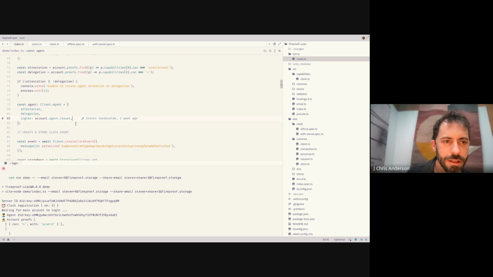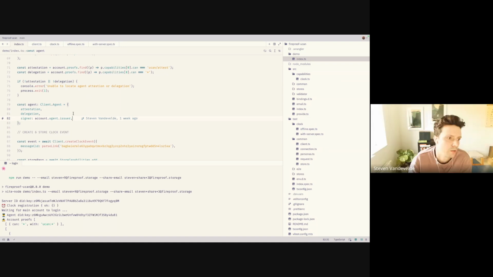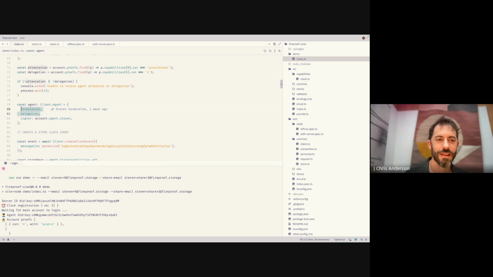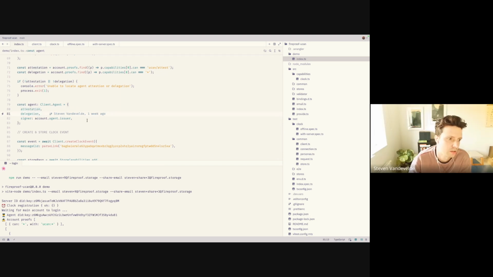basically the client, which is a thing in client TS, picks up that dot agent object and is able to combine the attestation, the delegation, and the issuer, the ability to do the signing, into enough muscle to get things invoked and to get invocations created and sent. Yeah, that's cool. We have to pass this attestation and delegation in other UCANs as proofs that our agent has all the capabilities that